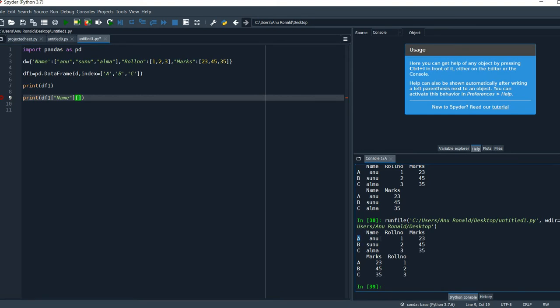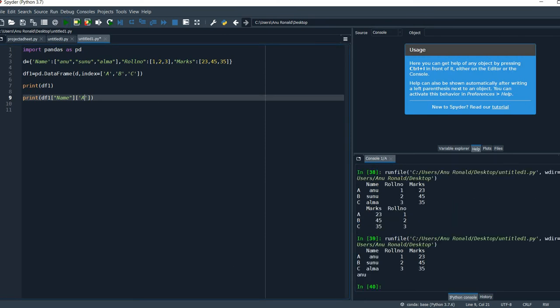I just need the value Anu here. So how will I get it? I'll write name, then A. The index name I will specify here, name and A. You can run it, and you get the answer, just the particular value only.